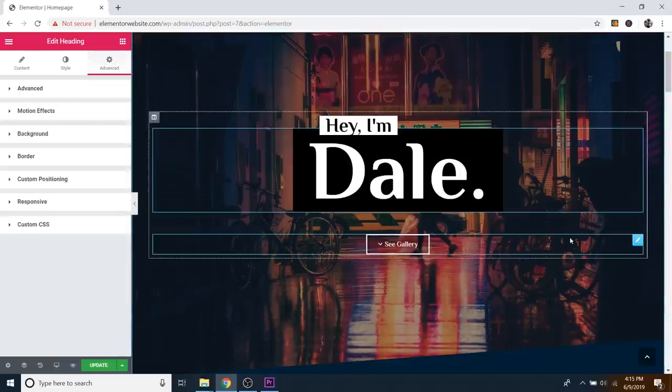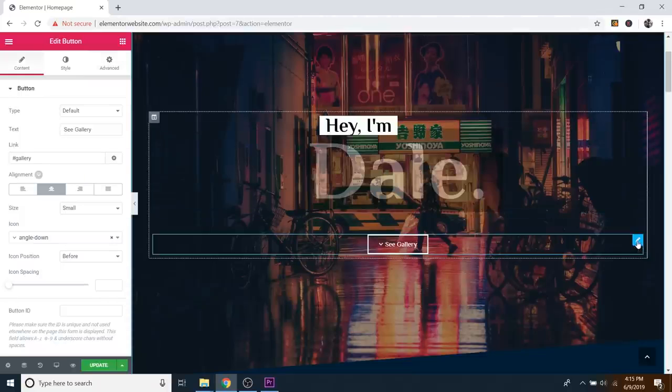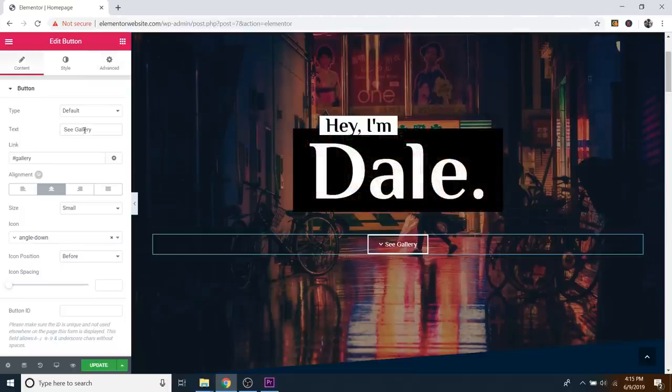So now we're going to change this button. So as you can see, when I hover over, it kind of grows. And then it's got like a little bit darker background, but I left it empty so that we could go ahead and change the color, because again, you want buttons that are going to stand out. So let's just click on the little edit symbol, and if you want, you can change the text. So I have it set to See Gallery,